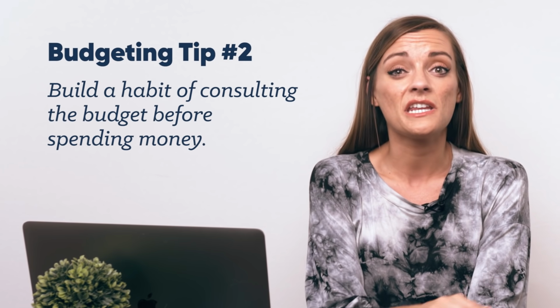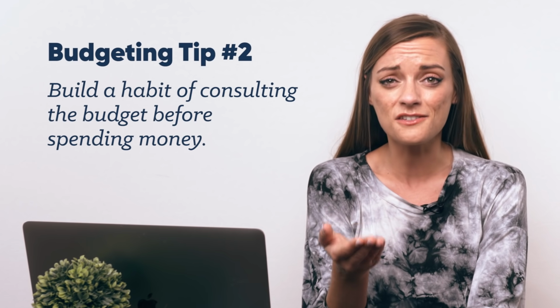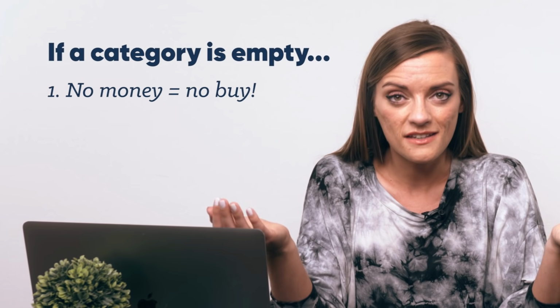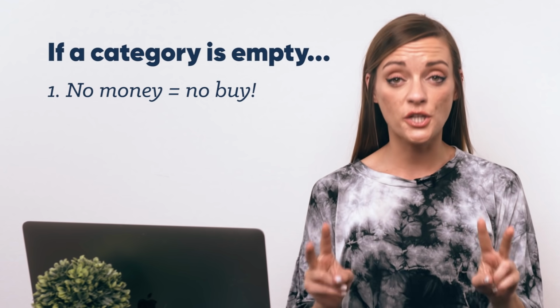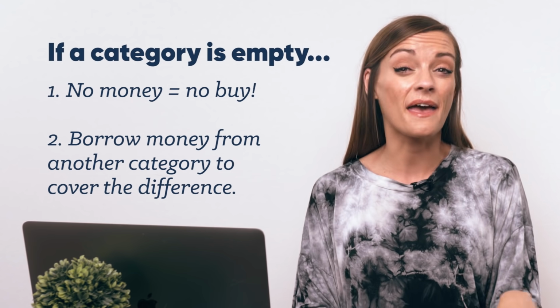A written down budget is only a pipe dream until you can start looking to the budget to answer the question, can I actually buy this thing right now? If your budget says you don't have enough money in your home improvement category to buy a new shoe organizer for the entryway, you have two options. One, you can listen to your budget and say, okay, I guess we'll have to buy the shoe organizer another month. Or two, you can look at your budget, see what other categories might have some extra money in it